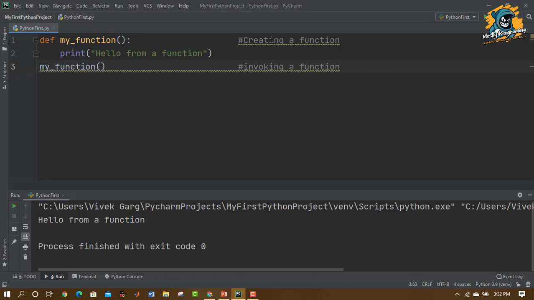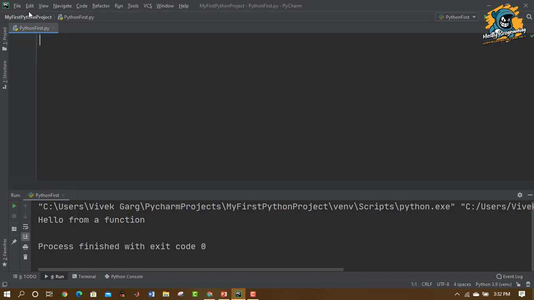That means we are defining a task, how it should be performed, and whenever we need that, we are calling that task. We are calling that function to perform that task for us. Now we can give that function values from the outside, and we can even take values from the function back to the outside. Now what do I mean by that? I hope you are a little confused now. Let me just show you some examples.